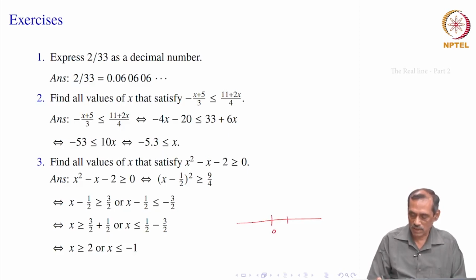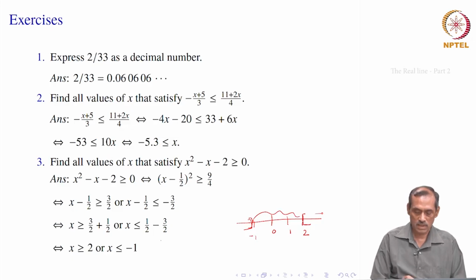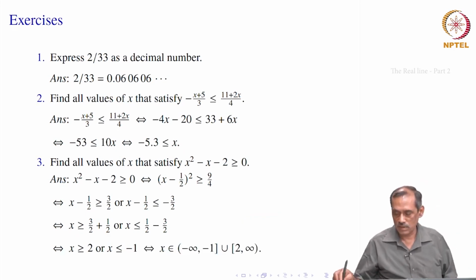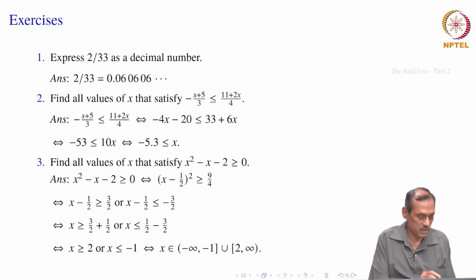So, that means the set of all real numbers which satisfy this inequality with the quadratic will be something like 0 and this is 1, this is 2 will be here, all these numbers, or it can be all these numbers, x is less than or equal to minus 1. The portion minus 1 to 2 is excluded from this set of numbers. That is how it looks. So, maybe we stop today.